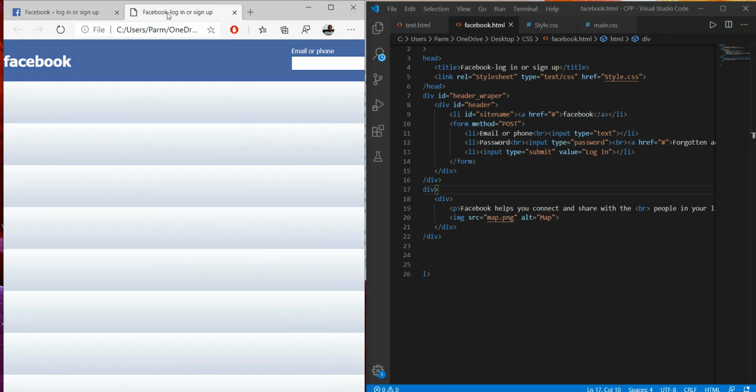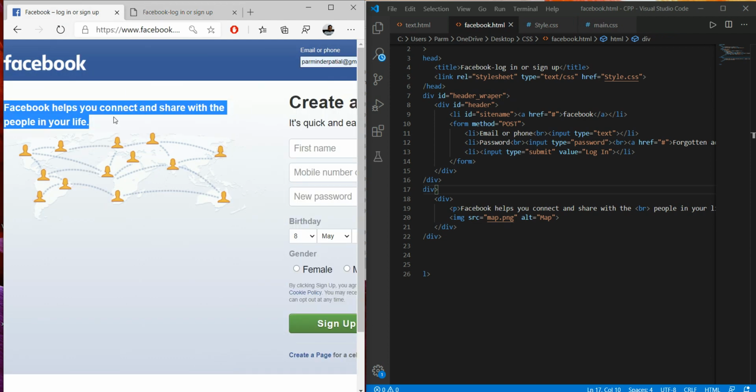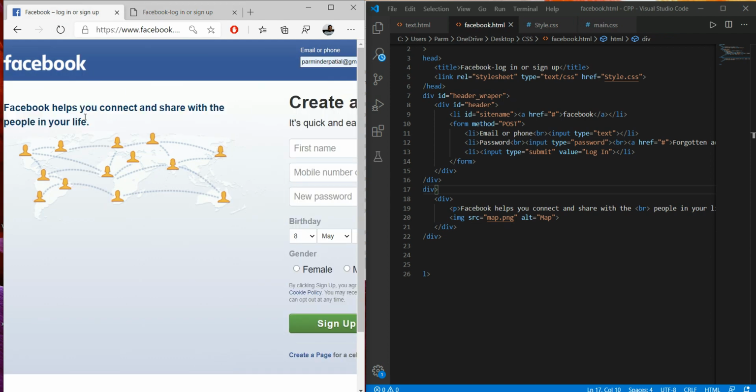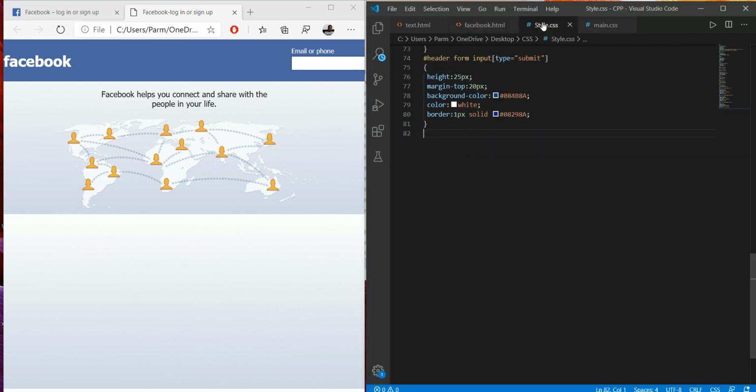So here I'm going to refresh. Okay, so if we see, this is done over there. Now what we have to do, if we see the difference over here, this is written somewhere in bold, and that's all we have to do, the setting for this. For this I have to open my style, and that is my CSS file. Here I have to